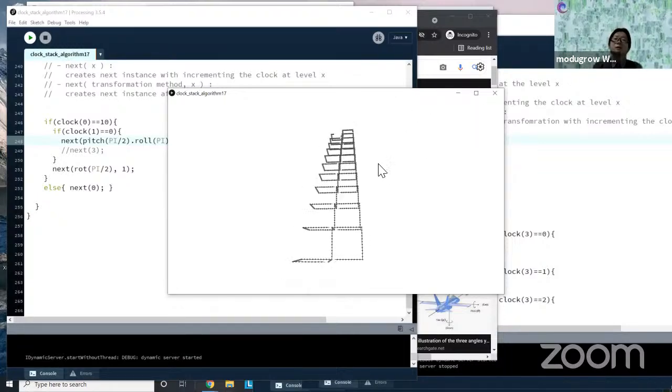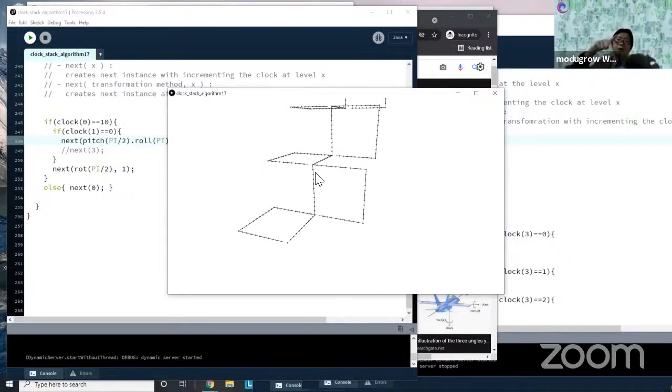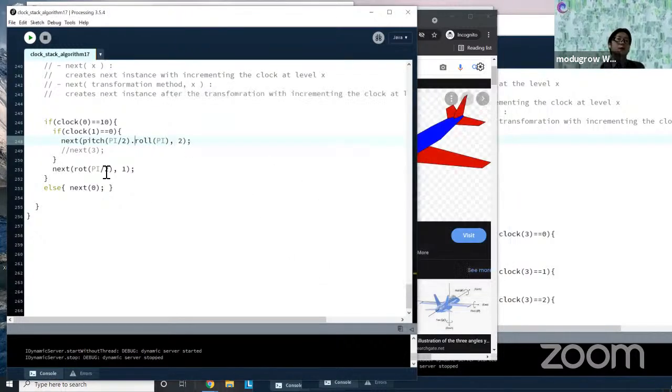Also, this one is a stepping function. So what happens is, pitch and then rotate made it kind of flipped, and in the next step, this second corner of the step was originally supposed to come back, because it's a 90-degree inward rotation, and keep going upwards. But because it's rotated 180, the coordinate system now faces the other side, so their upward is the forward, and that's why it made that zigzag. So that's what happened. That's one example, and let me